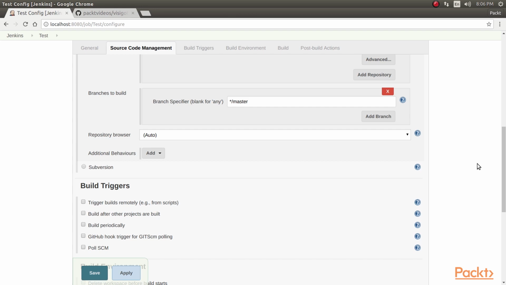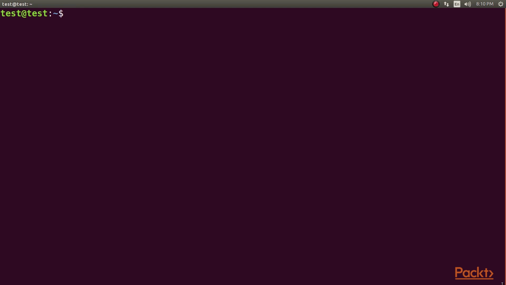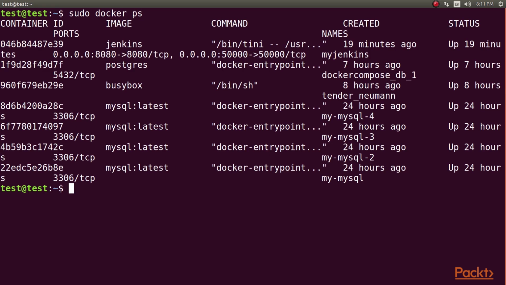The first thing that needs to be done in order to install the software is gain root access to the container. Let's run the command for that. Before that, we will check the container ID using the sudo docker ps command. Next, we will run this command. This command executes